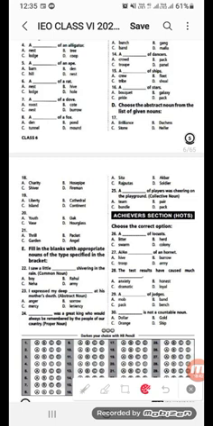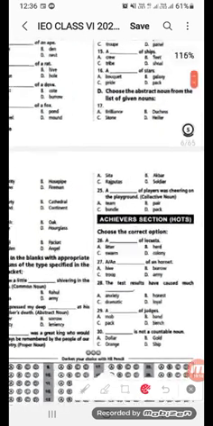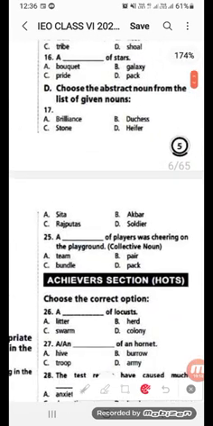From number 17 to number 21, four options have been given for each item and we have to pick the abstract noun. As we have already discussed, abstract nouns are names of things that do not have any material form. They refer to the names of ideas, concepts, feelings and events. That means we cannot see, hear, smell, taste or touch them. So in number 17, in option A, it has been written, let me zoom it for you, brilliance. In option A, it has been written brilliance, then duchess, stone and heifer.